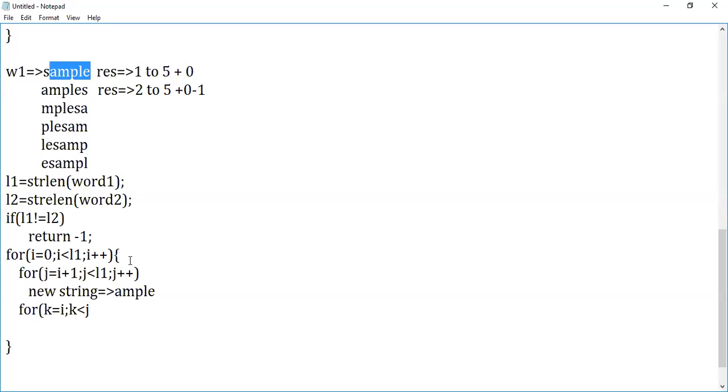So that has to be added to the end of the string, followed by k plus plus. So now what's going to happen? Add the first part of it, so 1 to 5 is done. Add the remaining. So ample plus the rest.